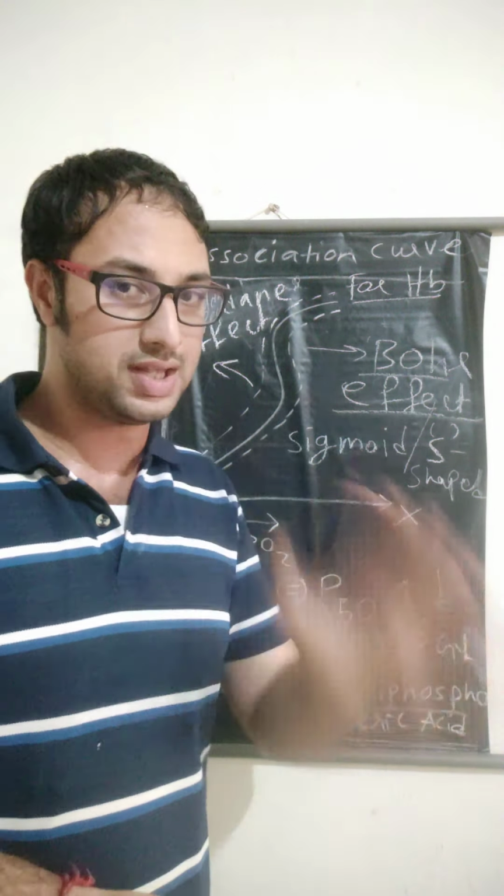So please keep in mind what things are related with the oxygen dissociation curve when it is shifting toward the right side, and what are the conditions when it is shifting toward the left side. For the right shift, what are the conditions? PO2 should be low, PCO2 should be high, H plus ion concentration should be high, temperature should be high, P50 value should be high, 2,3-DPG should be high. These all conditions are found on the tissue side. That's why the oxygen dissociates from hemoglobin and enters inside the cell.